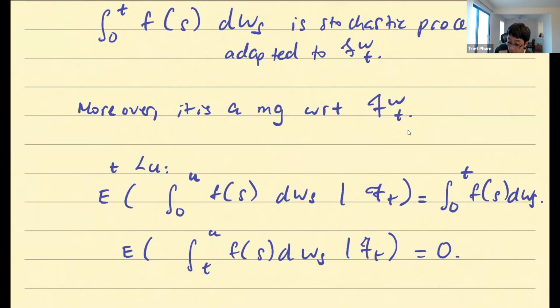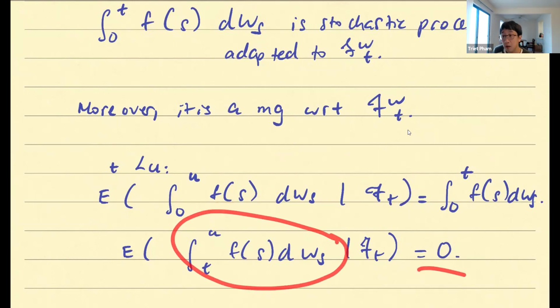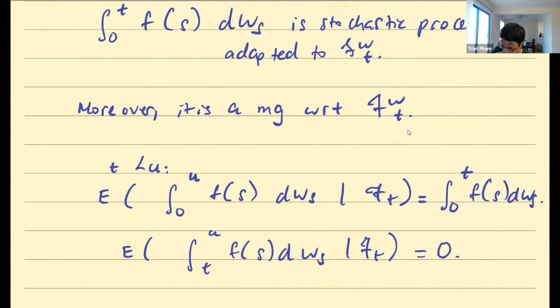The point is this: did I mention the Brownian motion itself is a martingale? Maybe I should. If you bet on a martingale, then it doesn't matter what scheme you're betting. Your net gain in the future will be zero, as long as your betting scheme is adapted. So you cannot gain by betting against a martingale.